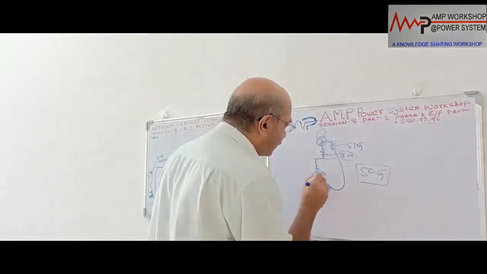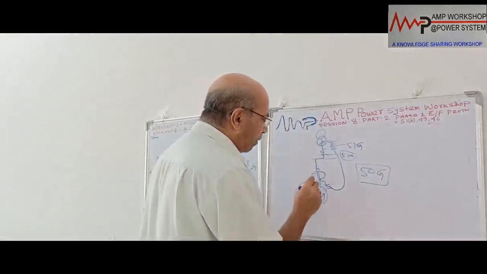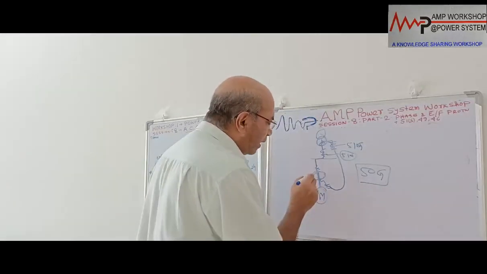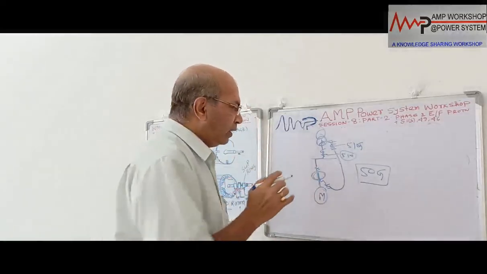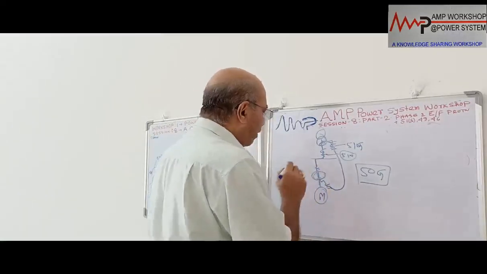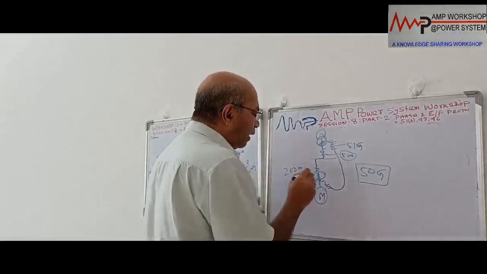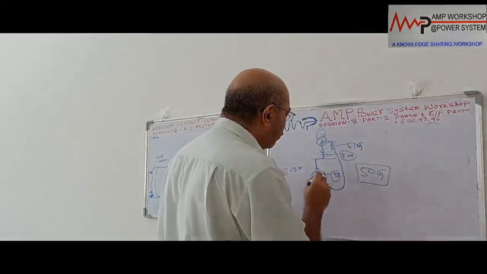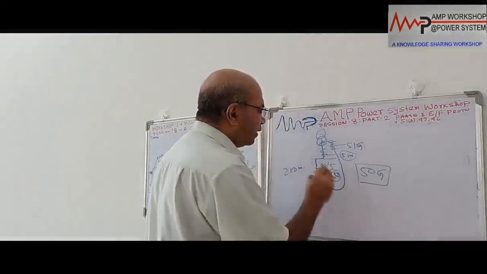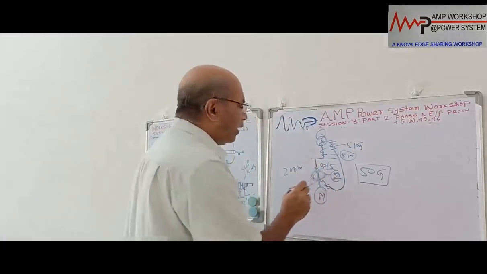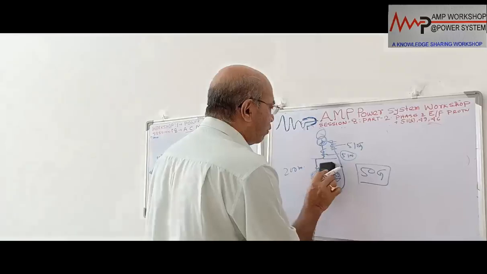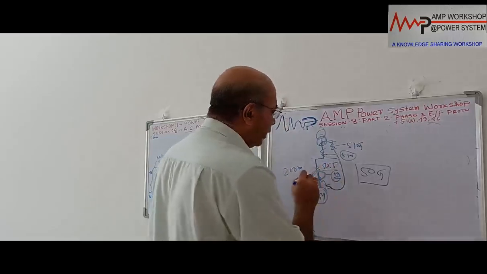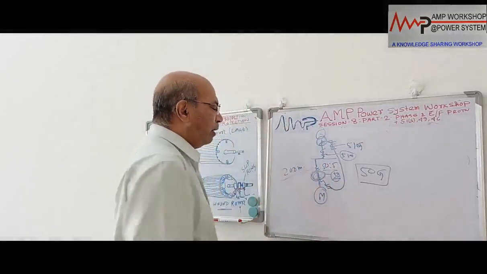We can provide a core balance CT. You know the CBCT. If this is a cable connection, because all the motors are connected by cable from the switchgear, that is standard. Now if the cable diameter is such that the total cable fits within the 200 millimeter CBCT, then we can use the core balance CT. For the 50G relay, the core balance CT ratio will always be 50:5. That is the standard ratio. So we can provide a 50G relay with a 50:5 CBCT with a diameter of 200 millimeter.